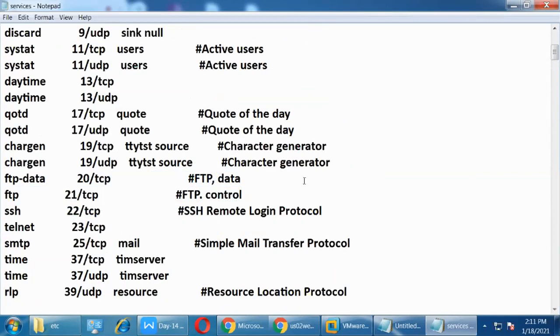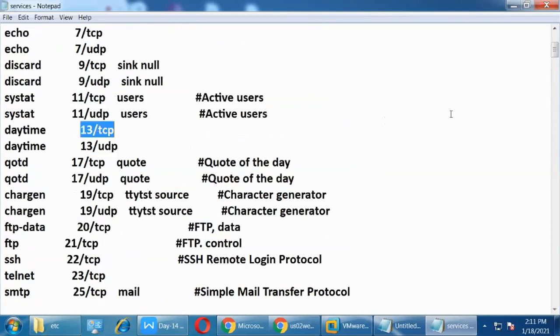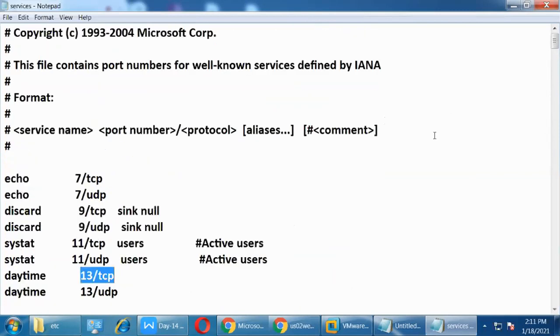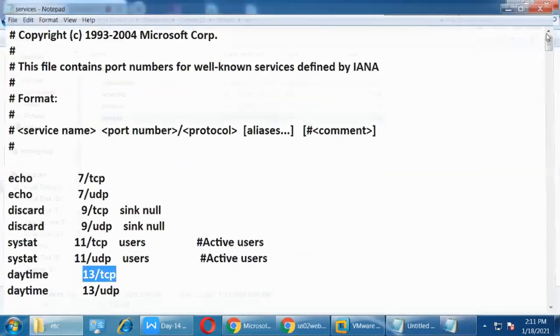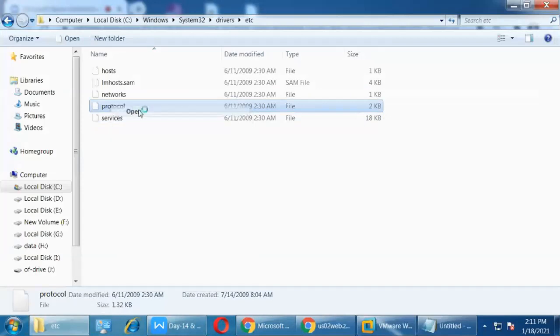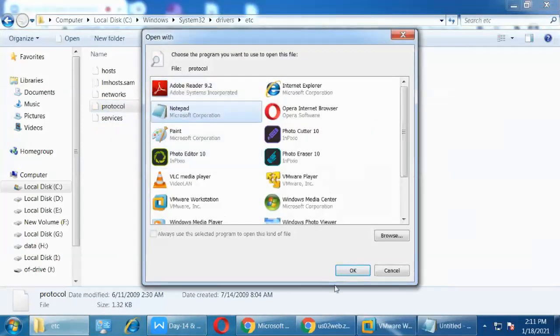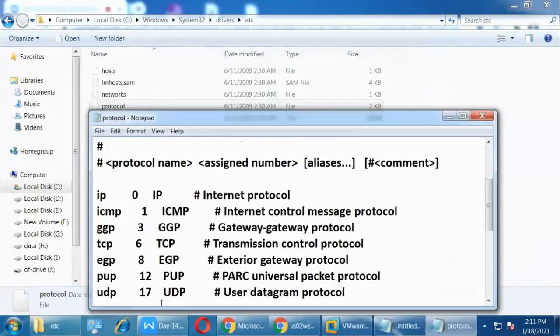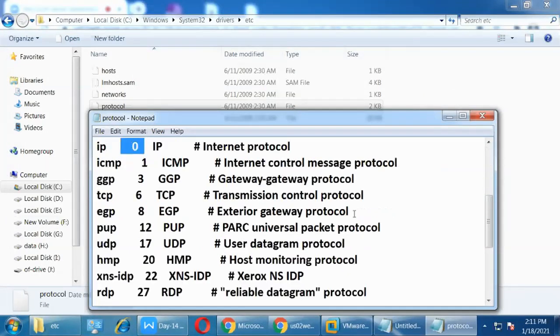Date and time, port number 37. Everything is here. Under protocols, IP port number is 0. ICMP, Internet Control Message Protocol, is 1. TCP port number is 6. UDP port number is 17.